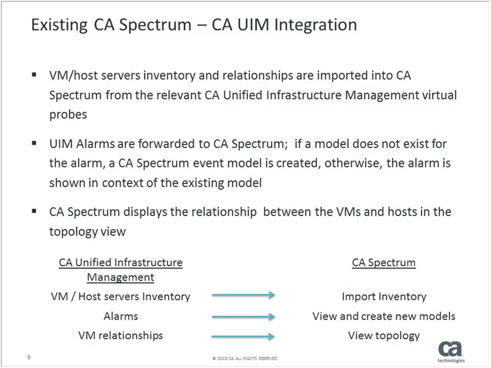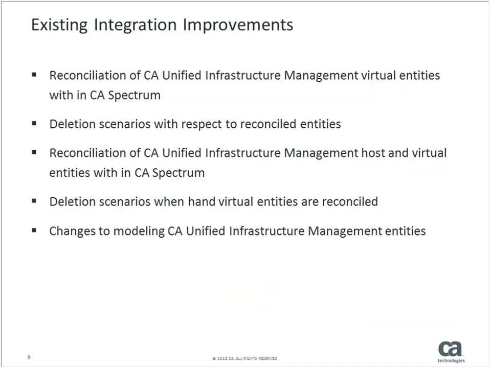So this is what we have with the existing integration. I just wanted to recap that. This is already GA, since 9.4.1, 12 to 18 months ago. What Spectrum does is get the VM or the host inventory from UIM. It then creates the L2 connections, creates the topology, shows the alarms, and does root cause analysis, alarm suppression, all that good stuff. The information is being sent from UIM to Spectrum. So we use UIM as a data source, as an agent to collect that information in this current integration.